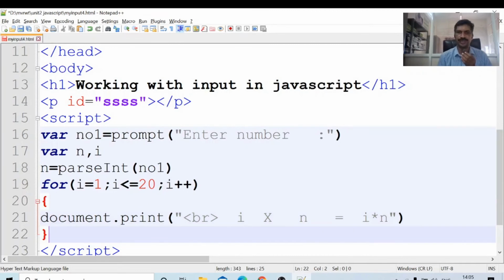Suppose I run it like this, what will be the output of this program? I will write it like this, and then run it to see the output.